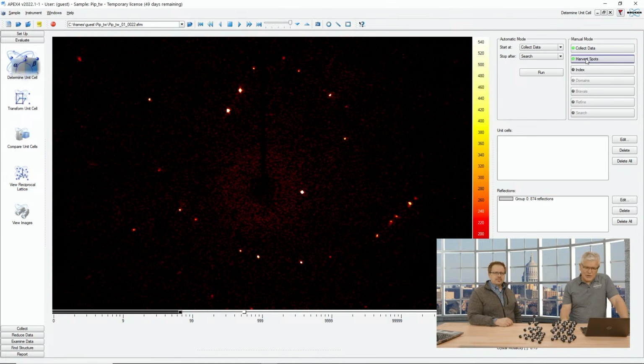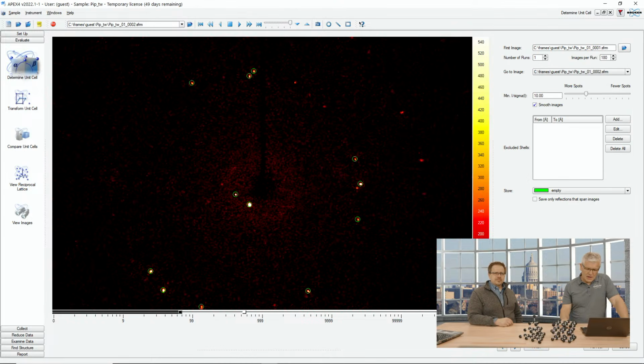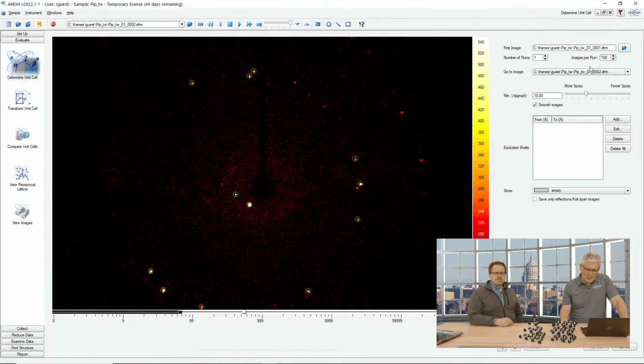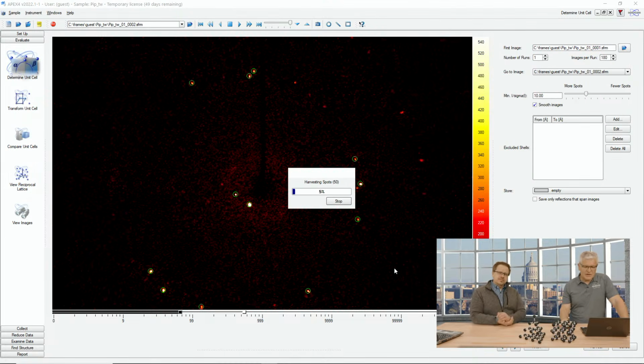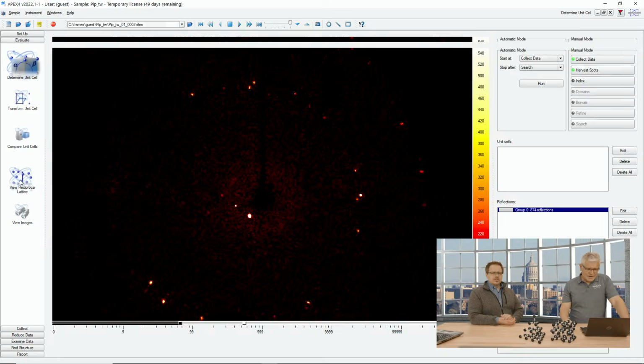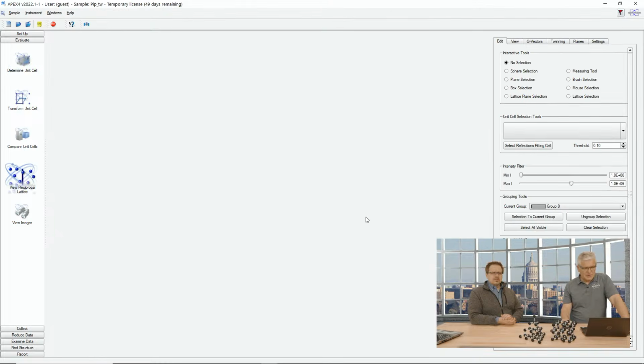What we will do is, I will delete the reflections that I already had collected or harvested, and do this again. I will now harvest reflections, which means I will read all the reflections or the spots from the frames. We'll put them together, and then put them in reciprocal space, where all these reflections live. And when we look at this in the reciprocal space viewer,